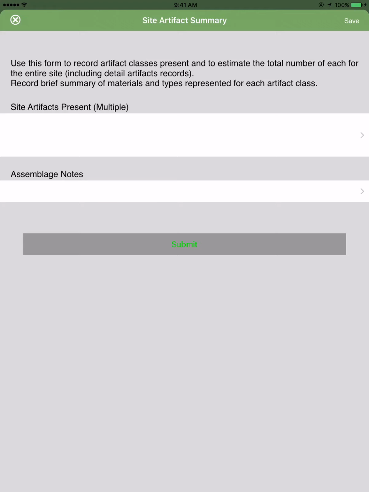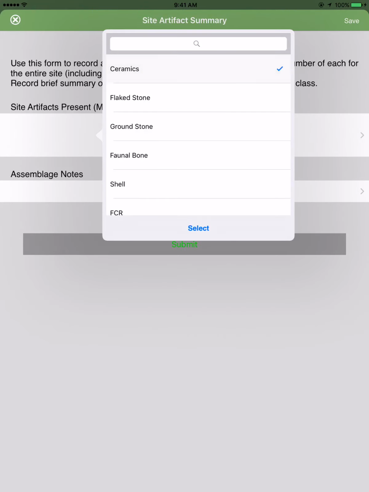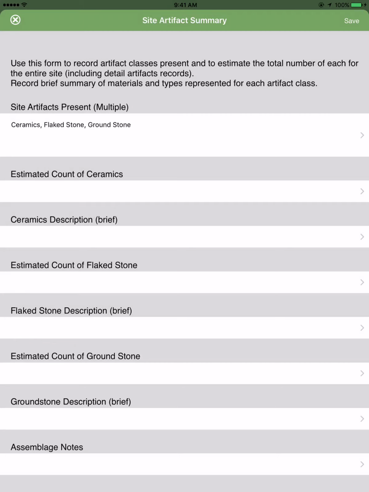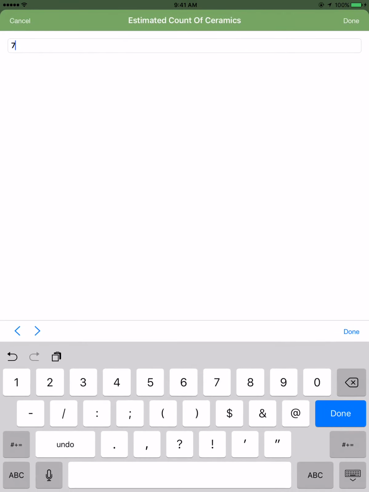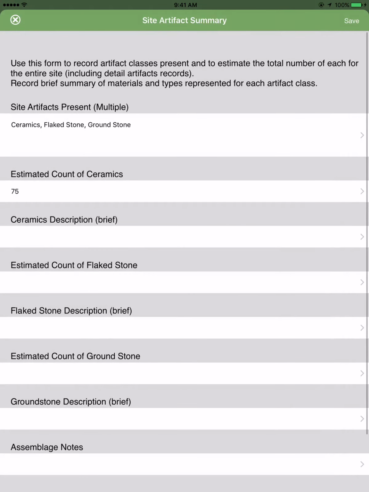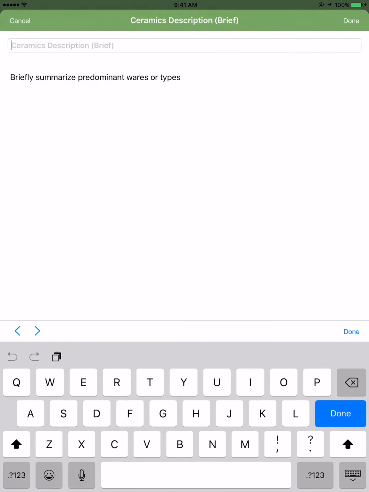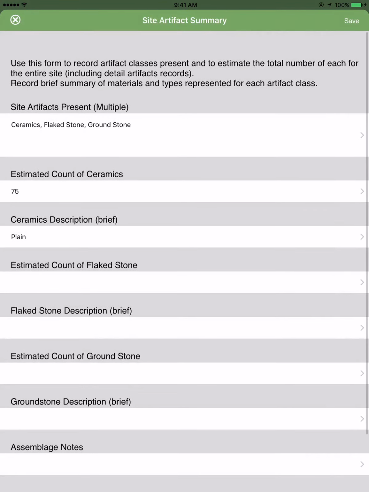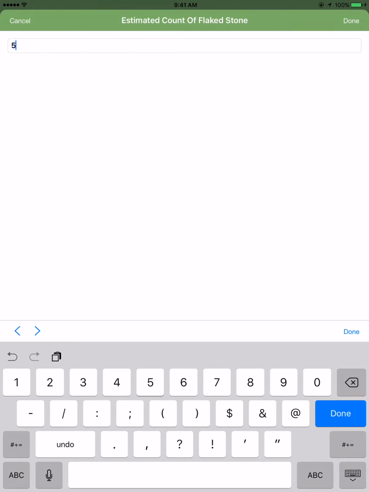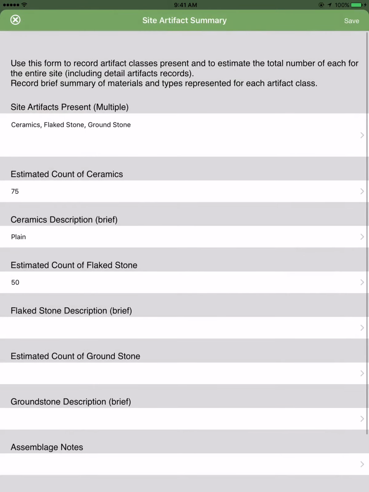So it's a multi-select thing, so when you bring it up, you pick which artifact classes are present. And for whichever ones you pick, when you hit select, it will unhide fields. One for the count, the estimated count. This is a number, but I might say 75 for the sherds. There's a text field where I could enter something. I might say plain, and then estimated count of flake stone. Maybe there's 50, and I'm just going to say,